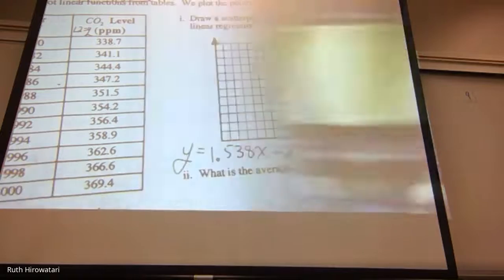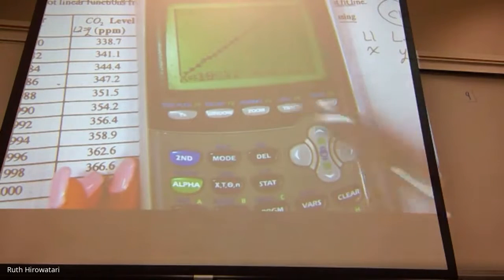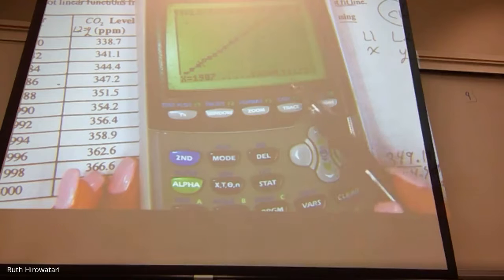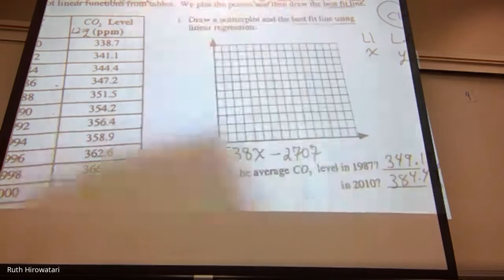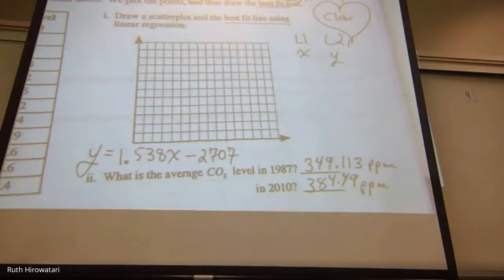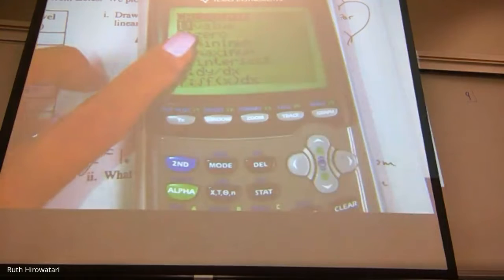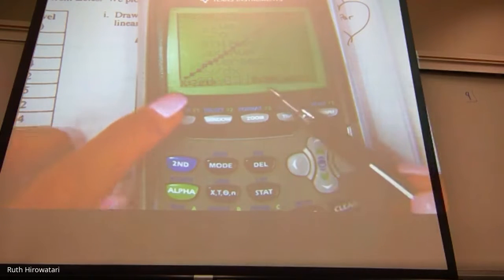What did my X value equal? My year was 1987. Press enter, and it's calculating the CO2 level for me, 349.113 if I'm rounding off to 3 decimal places, parts per million. And then in 2010, I would be putting in an X value of 2010 and getting a Y value of